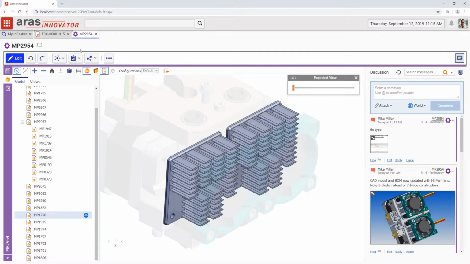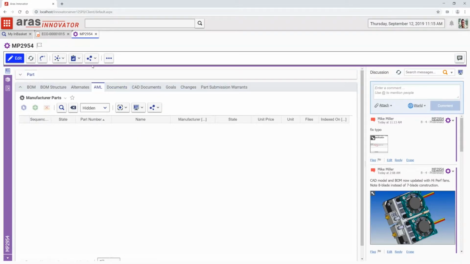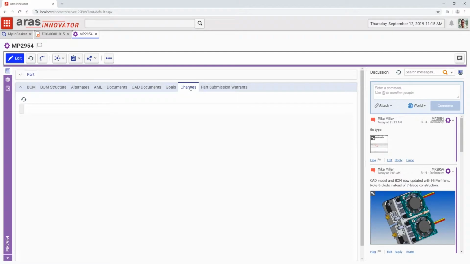There's also a wide variety of other information besides just these documents. For example, we might have manufacturer information. Now this is a part we happen to build, but if it was a purchase part, you can track manufacturing information. Very interesting here is I can track any changes that might have been made. Here's the ECO we're working on, but there were previous processes that were affecting this design as well, and we can simply click and access these anytime we want.